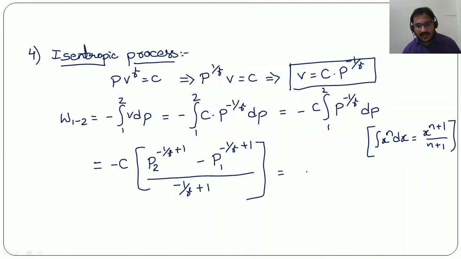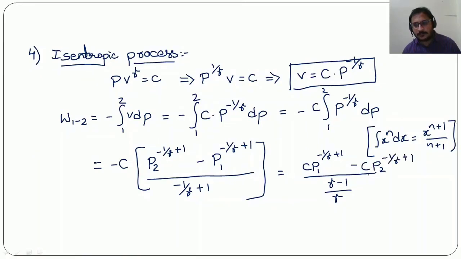If I multiply minus C inside, so this will become gamma minus 1 by gamma in the denominator, C into P1 to the power minus 1 by gamma plus 1 minus C into P2 to the power minus 1 by gamma plus 1. Now we can write this as gamma by gamma minus 1 into C. P to the power 1 by gamma into V is constant. So we can write this as